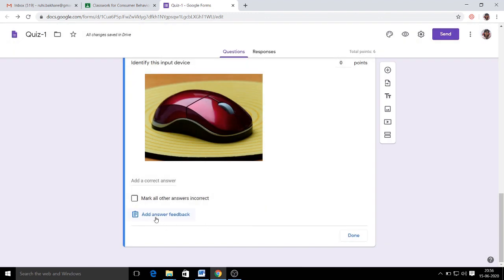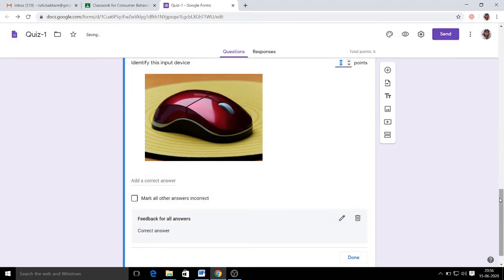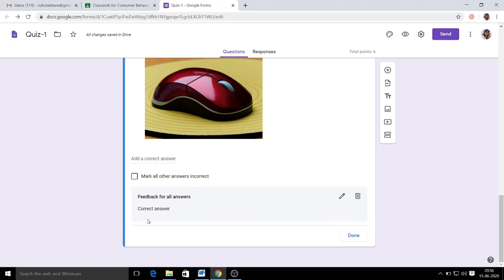In case you want to give feedback to the student, if I need to enter a feedback like correct answer, save. So if he gives the right answer, this feedback will be given to the students. So this is how the image is being added. All right.